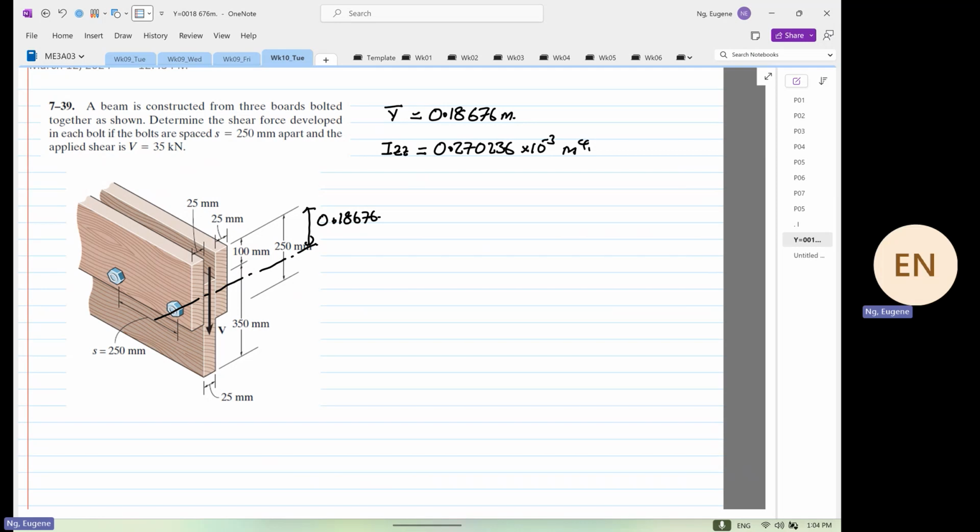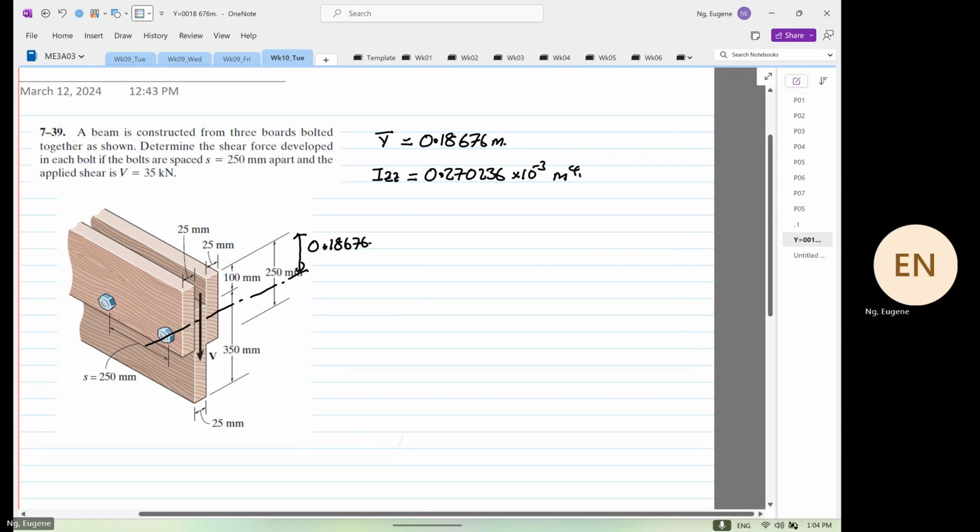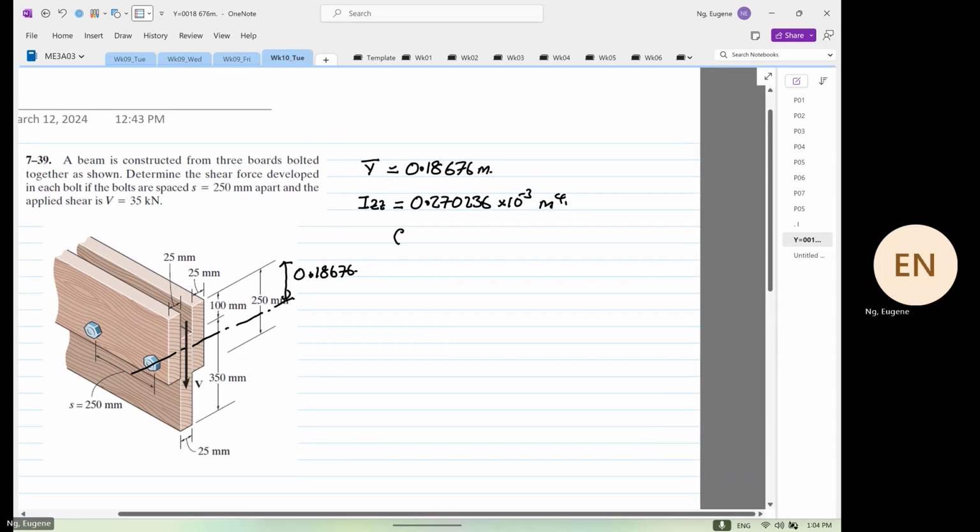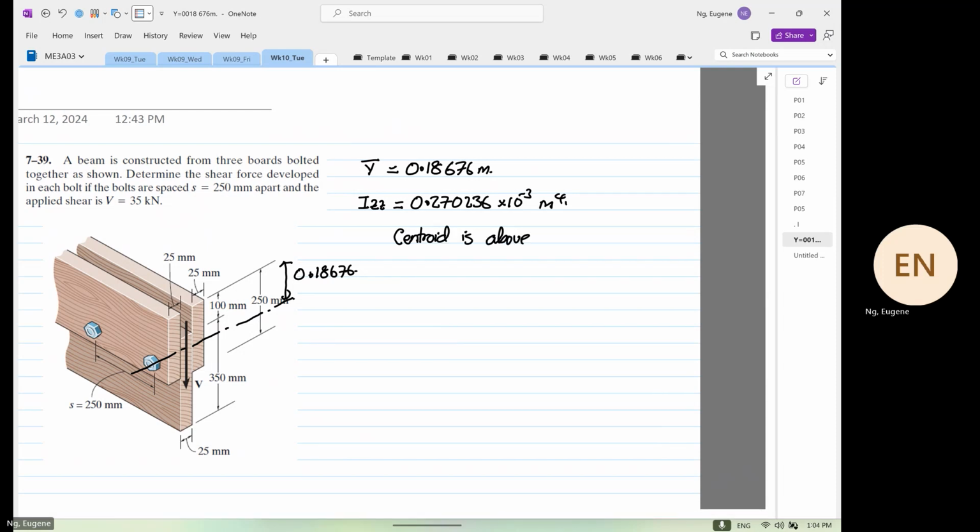The centroid is above the bolt. So now it's confusing. But the rule still stands. One rule still stands, one rule can be broken. What is the rule that still stands? The member must distribute the